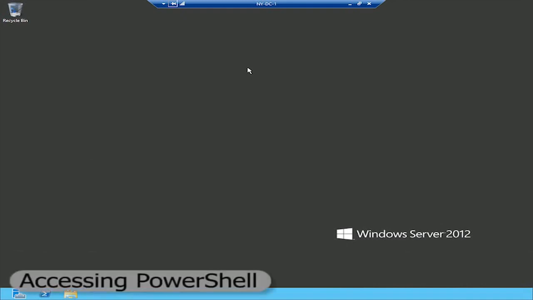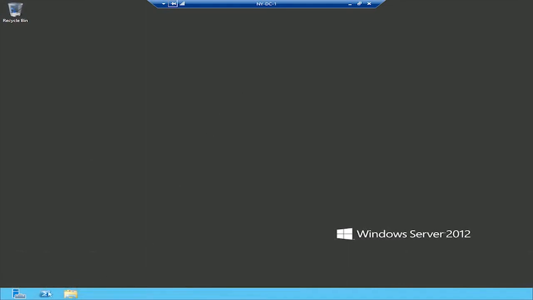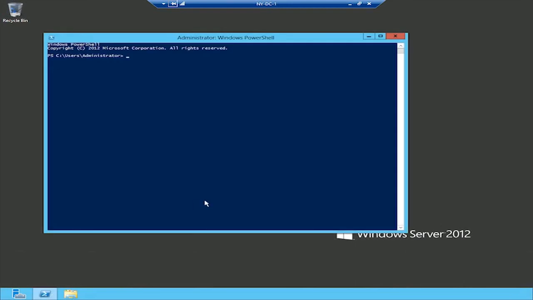So now to get into PowerShell, one real quick and easy way is right down here on the taskbar. Okay, by default, if you haven't done anything but a basic installation of Windows Server 2012, you will find that there is a shortcut to opening up Windows PowerShell on the taskbar. Now this is customizable, so depending on what computer you're using, you may or may not see this icon. But if I click on the icon, you'll see it opens up a PowerShell window. Okay, and it looks a lot like the old command prompt, right? And, as a matter of fact, we're going to look at the old command prompt in just a moment along with this. But before we do,